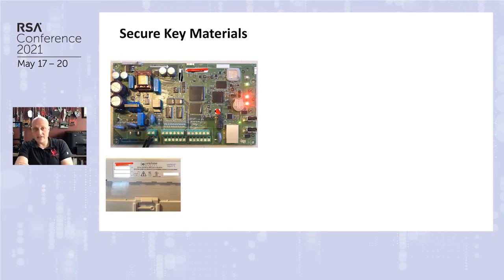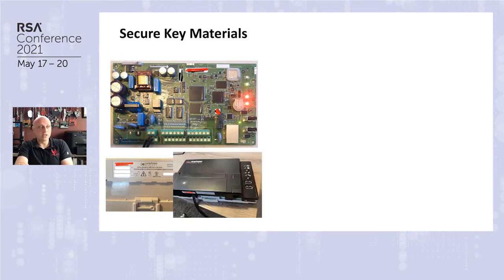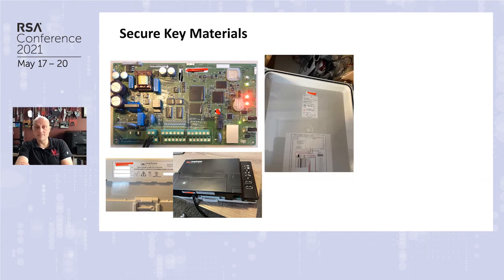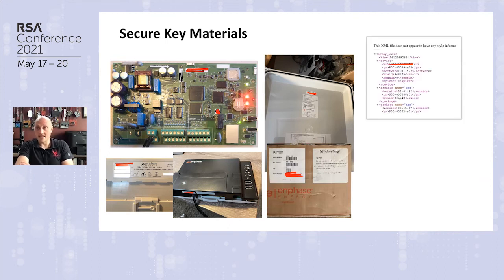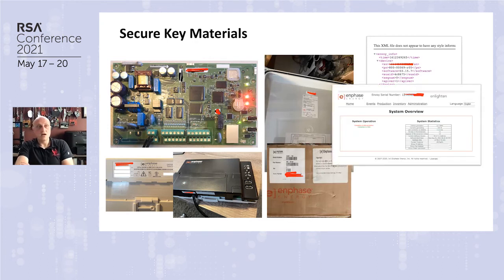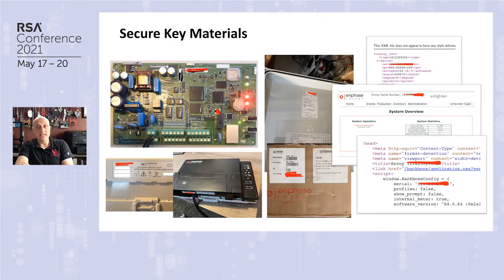It's also on the back of the Enphase box itself. If that's not enough, it's also printed on the bottom of the Enphase box. In fact, on their website, they have pictures of the device showing the serial number. It's on the inside of the service panel, if that's too hard to find. And then it's also available on the outside of the shipping box. On this XML page that's publicly accessible with no authentication, on the homepage with no authentication, and then finally, just in case you missed it in all the other places, they also put it in the title bar. So all of these make it extremely easy to find the serial number for any device.